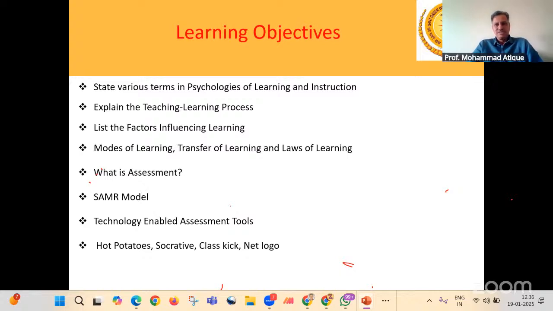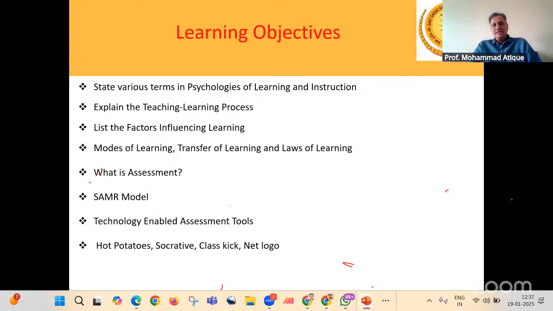How we can keep the quality, and at the same time work efficiently on assessment, is the theme of today's deliberation, wherein we will look at the SAMR model. The SAMR model, in brief, is a criteria which you can apply to confirm whether a particular tool, among the thousands of open source tools available, conforms to SAMR criteria or not. If it conforms, it is a standard tool.